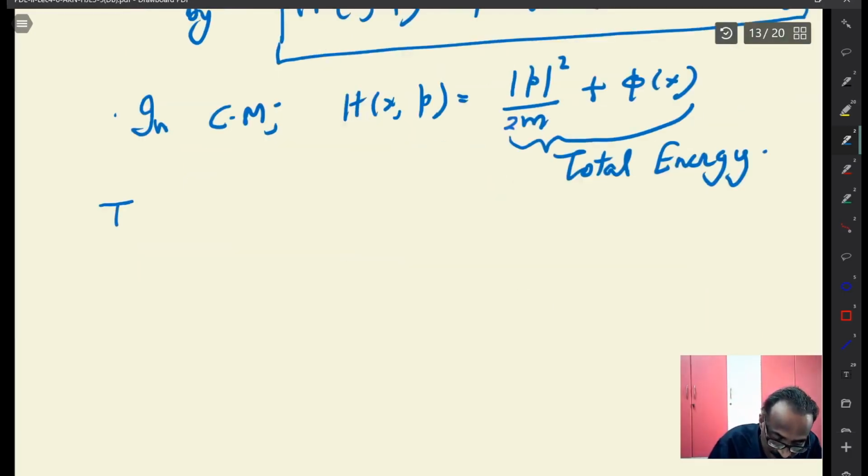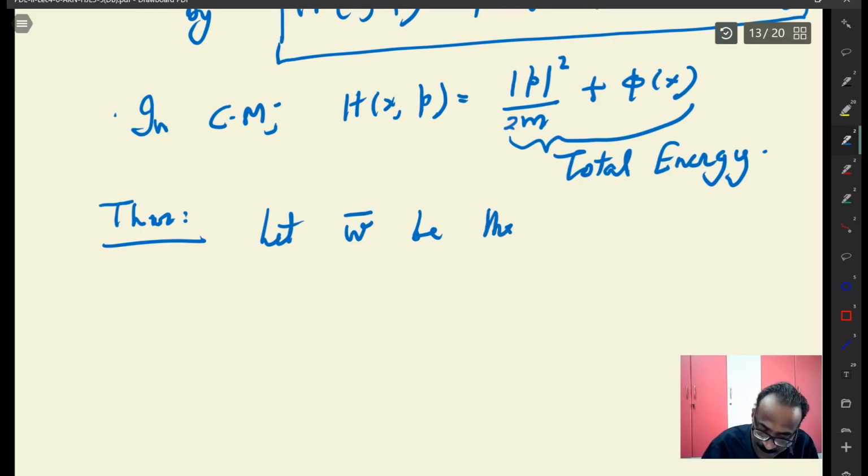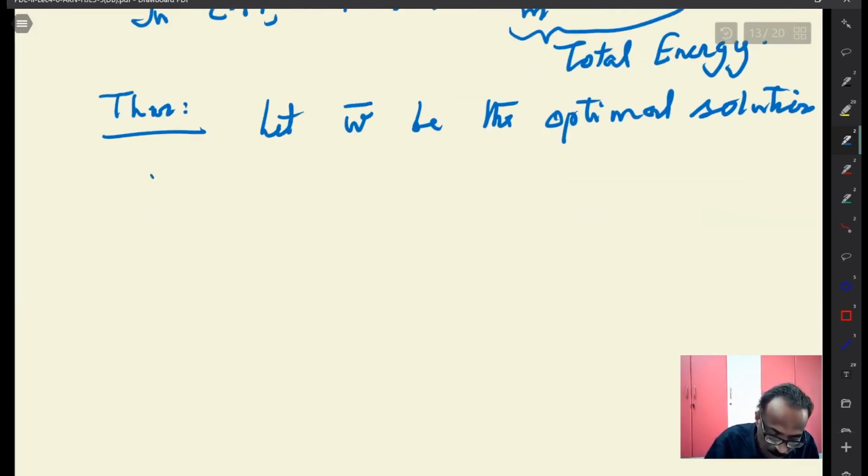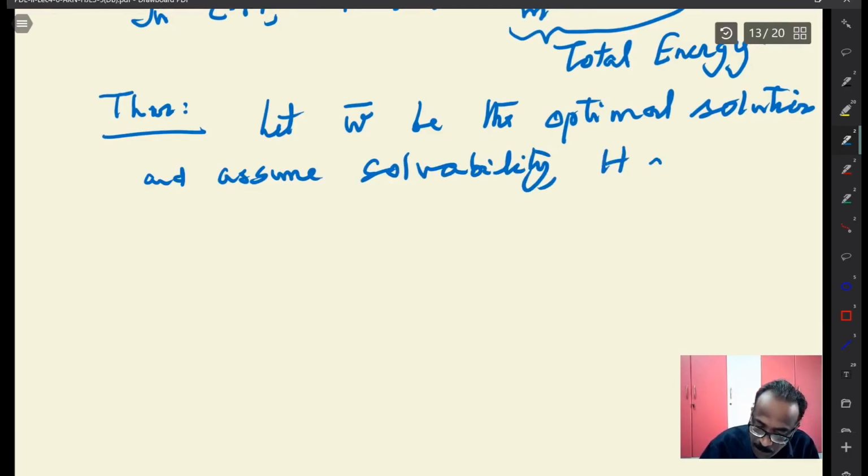So you have your theorem. The proof is not difficult, so I may or may not give it. Assume W bar is the optimal solution, and H as above. Assume solvability. Then it satisfies